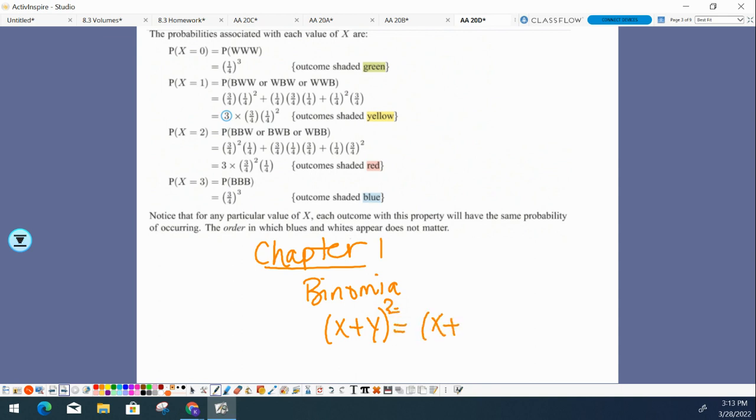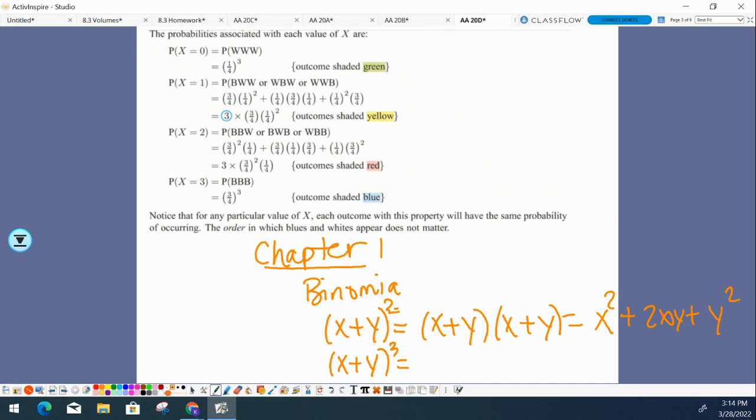That's x plus y plus x plus y. And when it's squared, it's just nice and easy. You just distribute everything. You get x squared plus 2xy plus y squared. But when it starts getting up into the upper exponents, 3, 4, 5, and so forth, do you